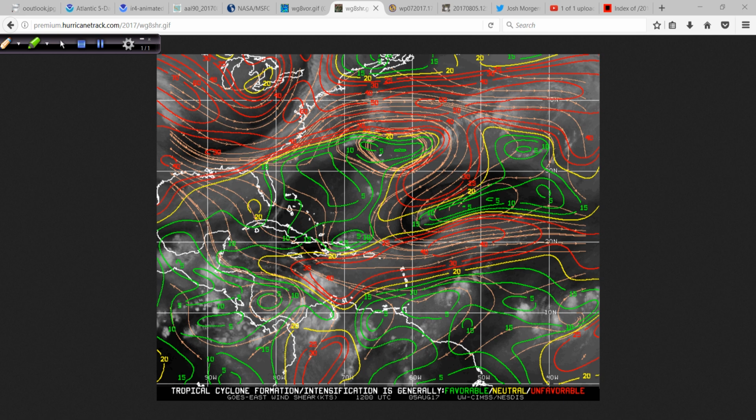We had 2005, which was an anomaly. Everything was favorable pretty much the entire season. This is a little bit different, and that little bit makes a lot of difference in terms of the genesis of these systems. We have warm water, absolutely. We have no El Nino. We have strong tropical waves for the most part. The vertical instability is in better